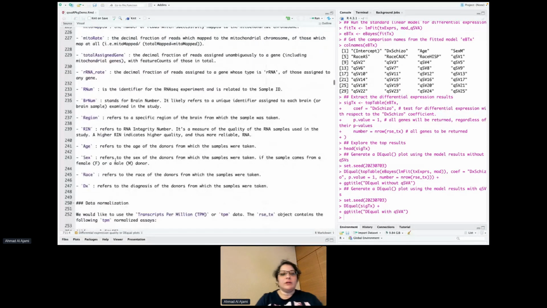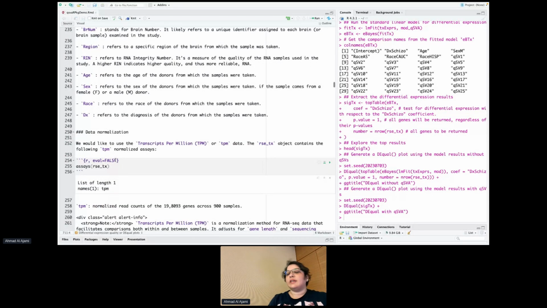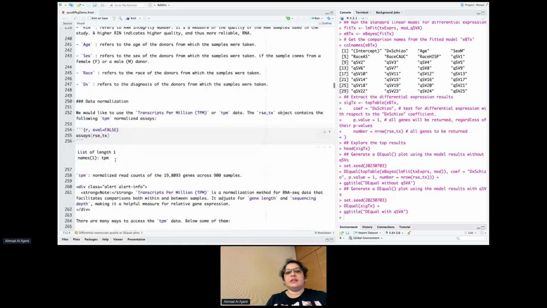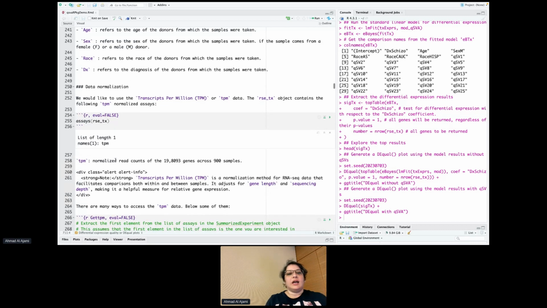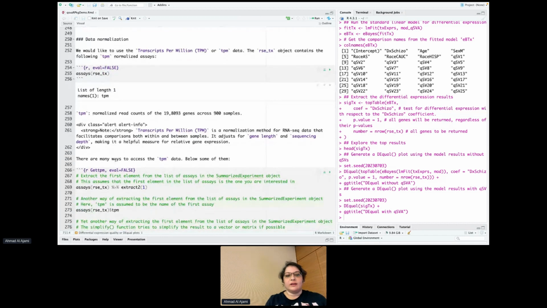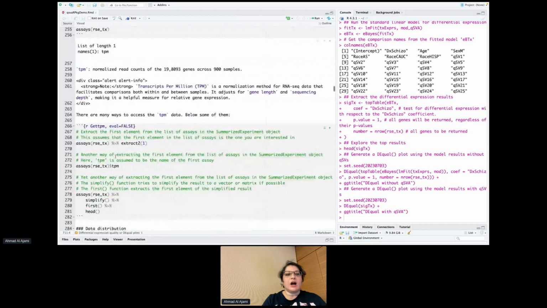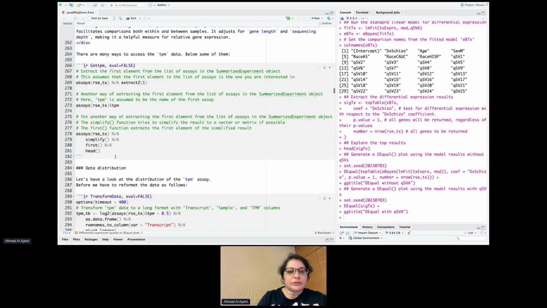So when we move on, the part on data normalization describes how to get the TPM assay, and then explains how to extract the TPM assay using tidyverse. We will move to the